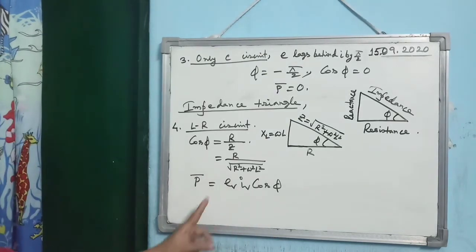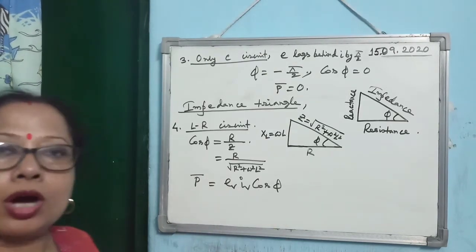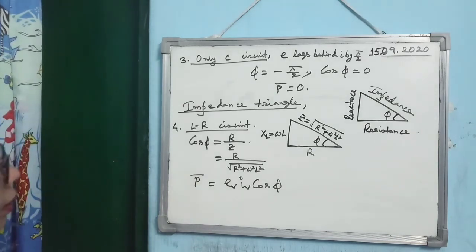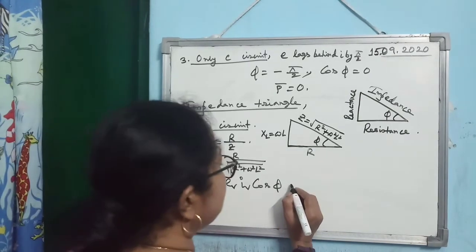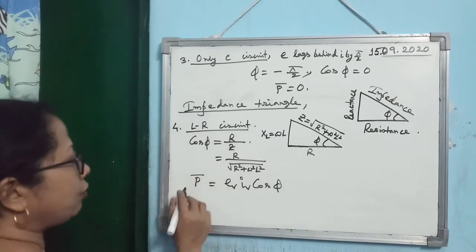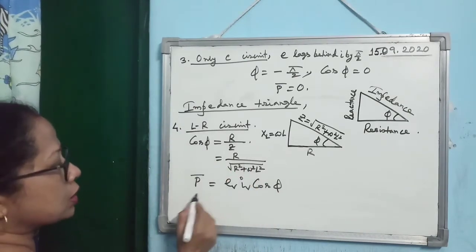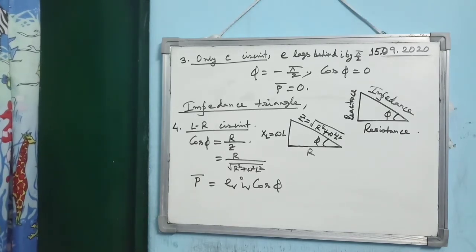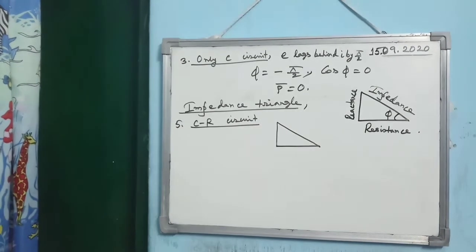You can write it as EV/IV cos phi. Is that clear? Now another average power, or sometimes we can write like, okay, leave it. Just remember what is cos phi and what is the average power. Then when you have to solve the numericals, I will give you the hints and tricks on how to do it. Then next one. Now you see, for the RC circuit, how to do that?